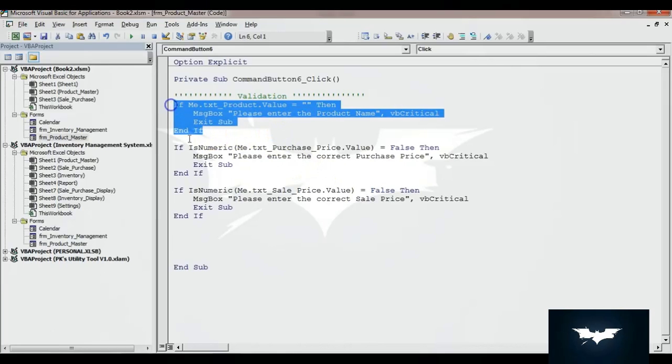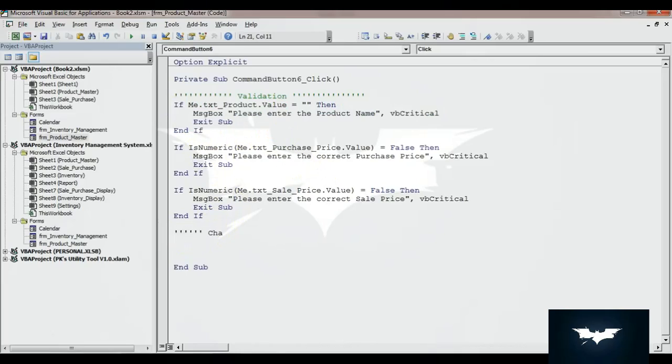The next validation is to check for duplicates. If you have added the product already, then it should not allow adding a duplicate product. To check for duplicates, I'll take the worksheet first. So Dim sh As Worksheet, Set sh = ThisWorkbook.Sheets, and I will take product master.